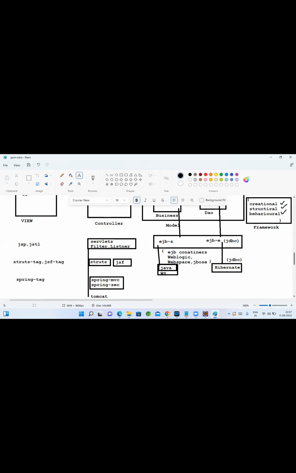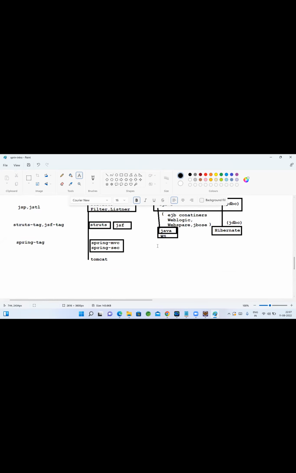And for building your business code, the simple Spring Core module is enough. Spring Core module we can use along with the Spring AOP module. There is a slight difference between Core and AOP. Altogether, AOP is different.